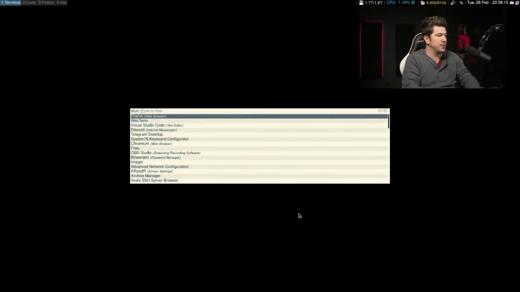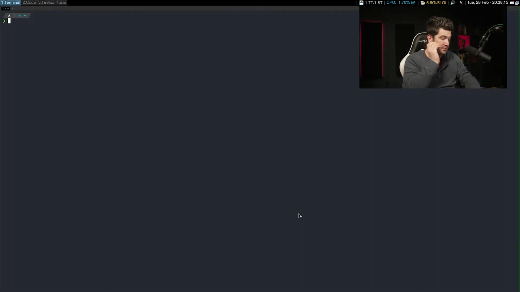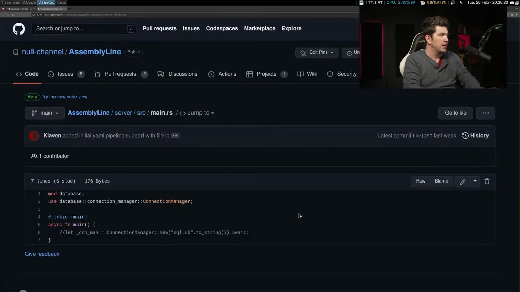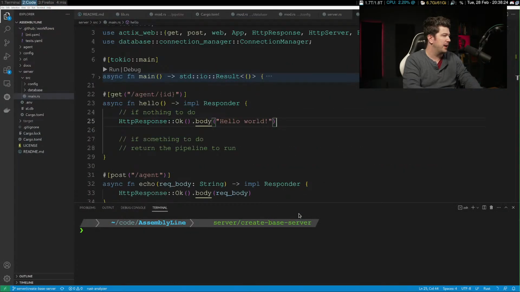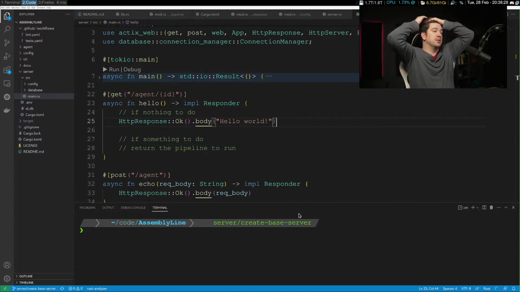Let's open up a good old Wes term. All right. I was thinking about knocking out the initial database implementation here.